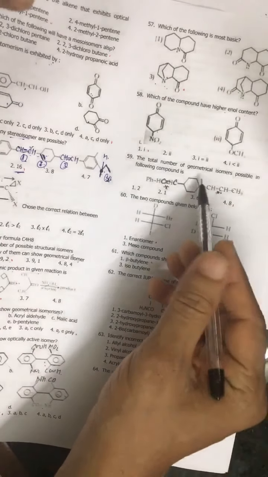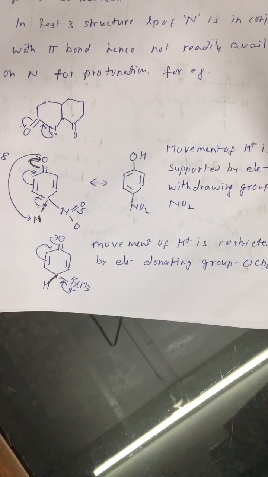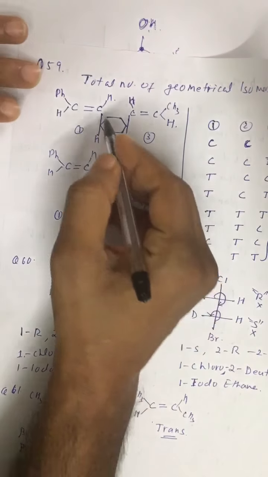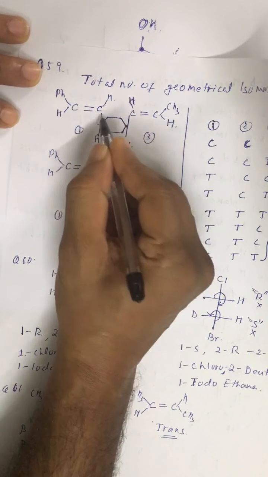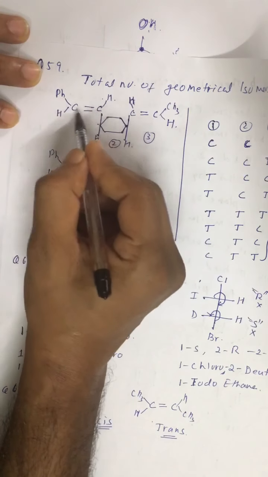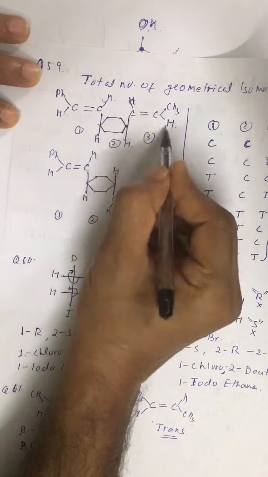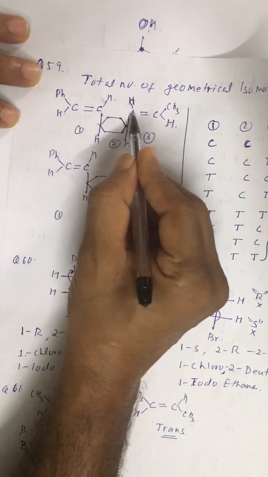So it is the total number of isomers, and plus one more possibility, we have a cyclo compound, cyclohexane. So look at the structure which is possible. Now on the cyclohexyl part, on the 1,4 position we have these groups. See, these are the two possibilities here. These two are trans and these two are trans. And these two are cis with respect to each other.